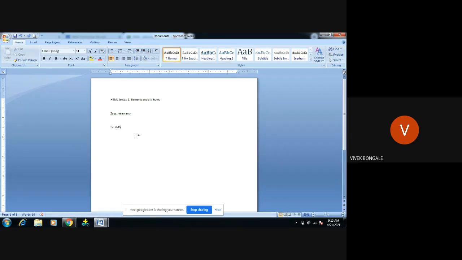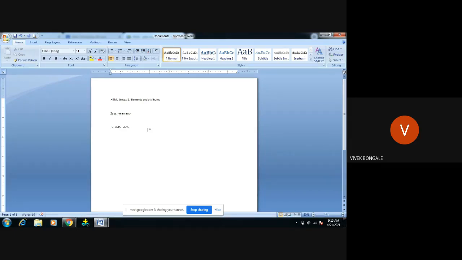We can have h1 up to h6. h1 will have a larger and bolder size, and h2 will be somewhat smaller than h1, and it follows like this till h6.